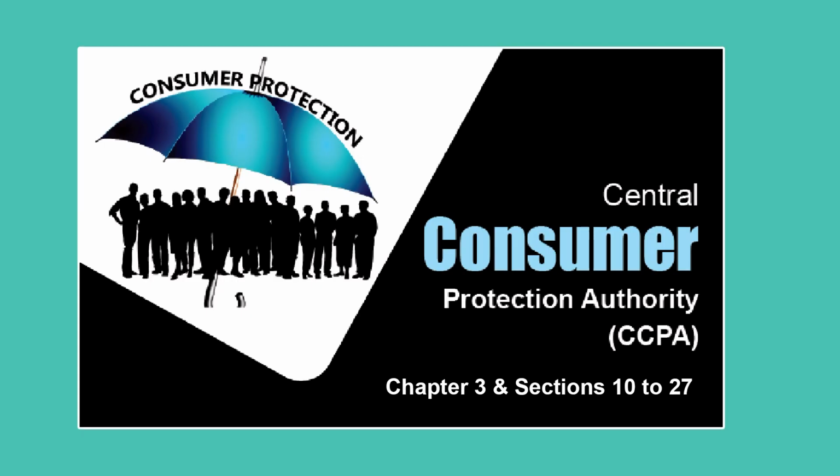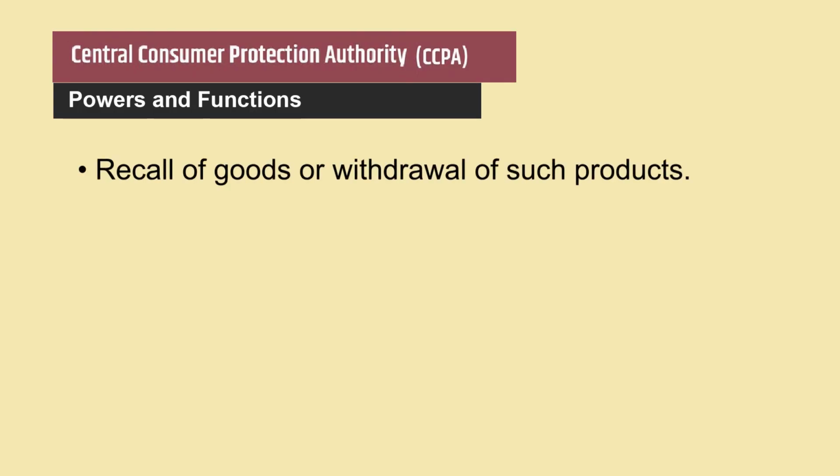Upon satisfaction of the same, the central authority, that is the Central Consumer Protection Authority, which is a regulatory authority under the Act with powers of investigation, inquiry and injunctive actions, may order for recall of goods or withdrawal of such products,